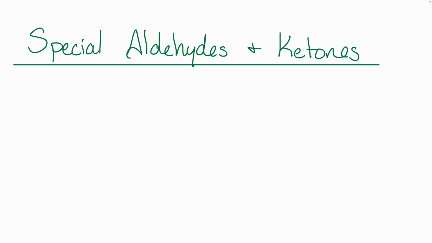The smallest aldehyde is just a single carbon. Most aldehydes have one hydrogen on that carbonyl carbon, but the smallest aldehyde that we can make here has two. And you might be thinking this is methanal, and that's what the IUPAC rules would say,